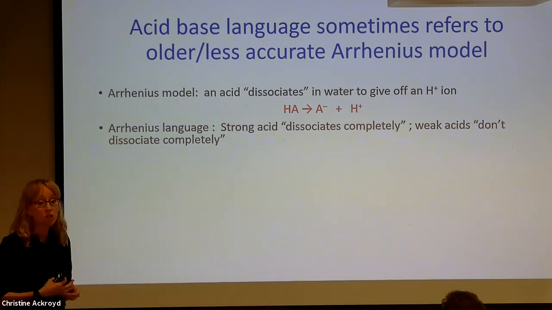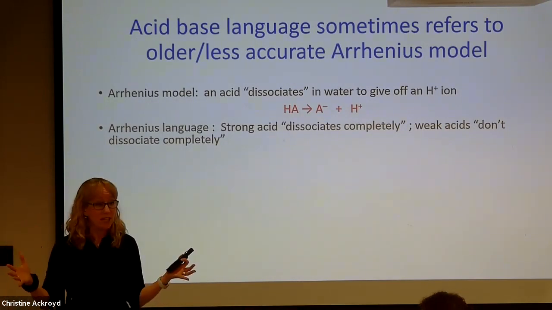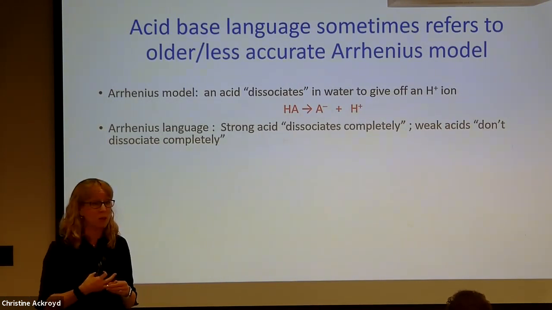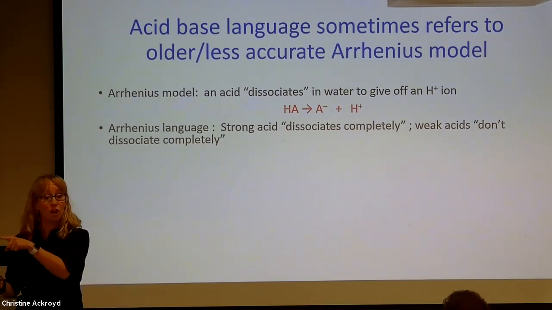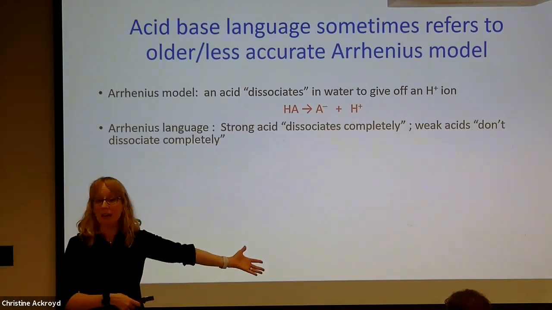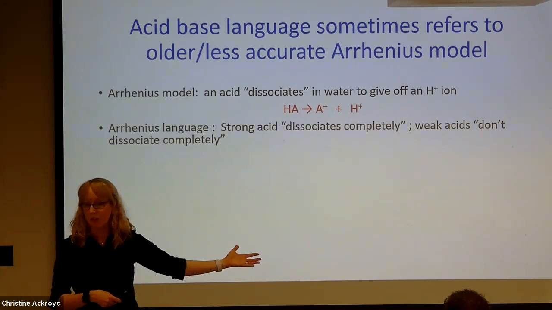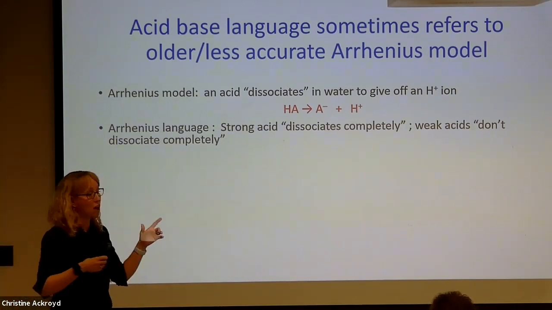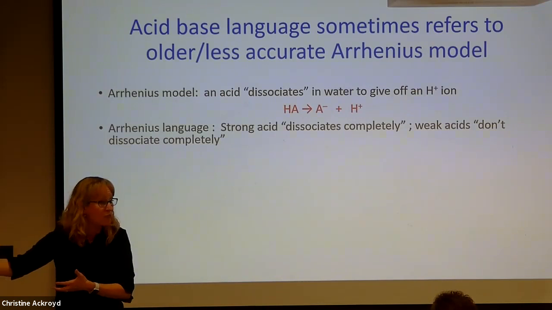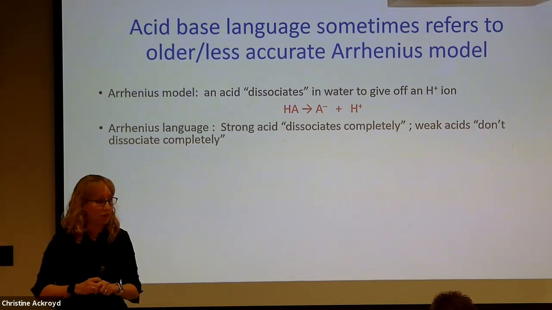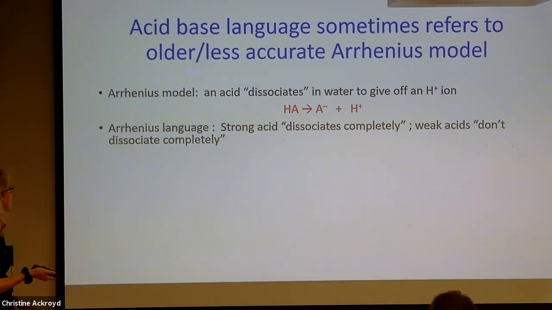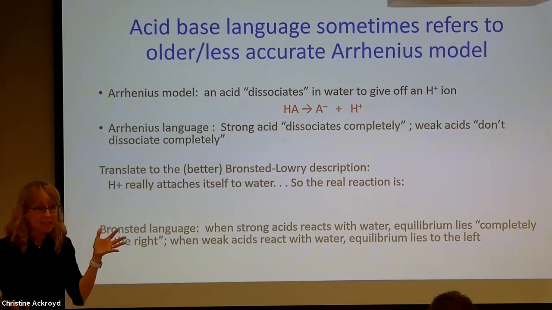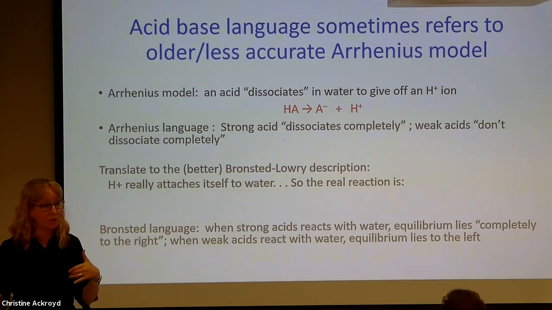Okay, in Unit 2 language and thinking, what kinds of delta G naught values would correspond to a strong acid and which would correspond to a weak acid? So if a strong acid dissociates completely, equilibrium lies on the side of product, what's the sign of delta G naught that goes with that? Negative. Okay, so if a weak acid, the equilibrium lies on the side of the starting materials or on the left, what's the sign of delta G naught that would go with that? Positive, yeah. Okay. So a strong acid equilibrium lies completely to the right, a weak acid equilibrium lies to the left.